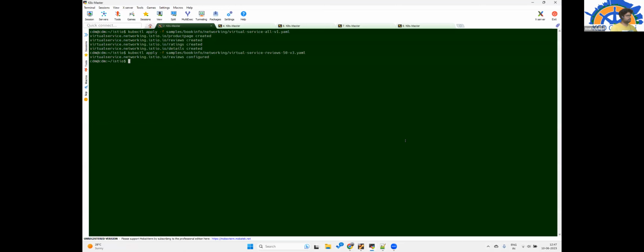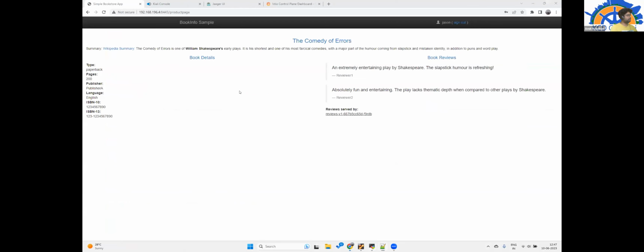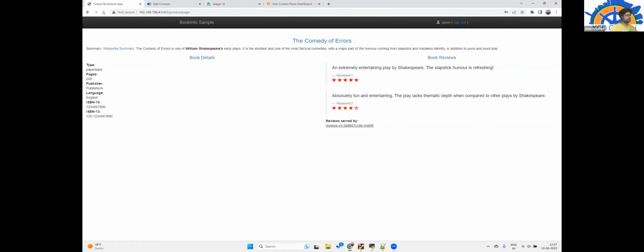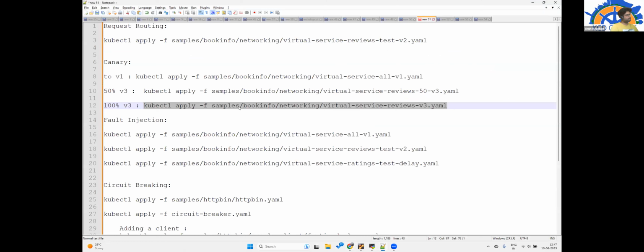Now any number of times I refresh here, it will always be red. Okay, so this is one pattern, the canary deployment pattern.